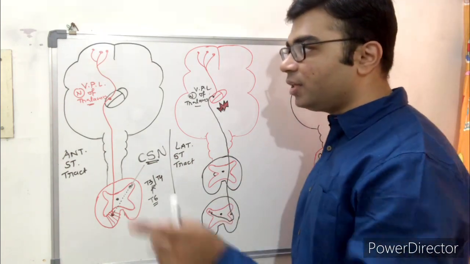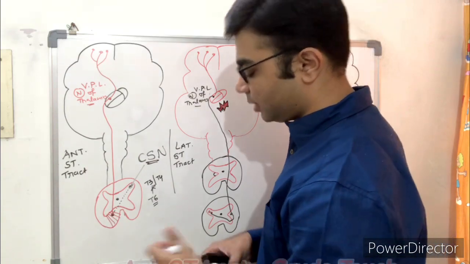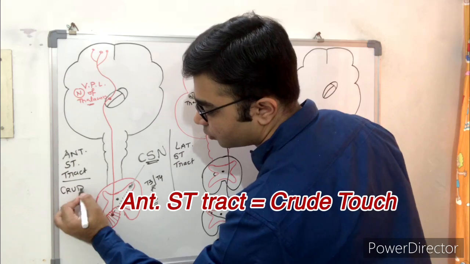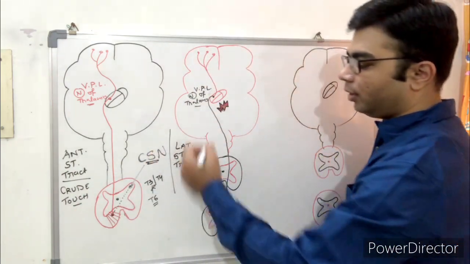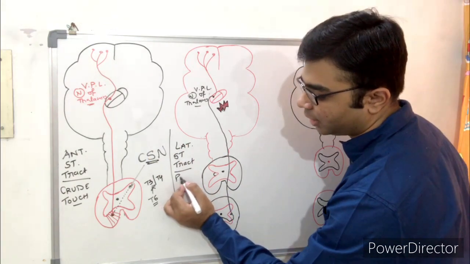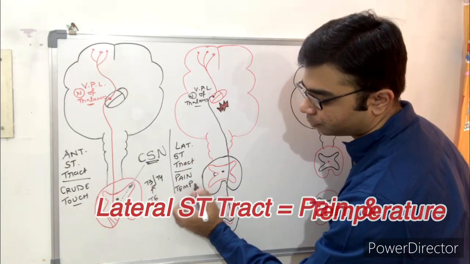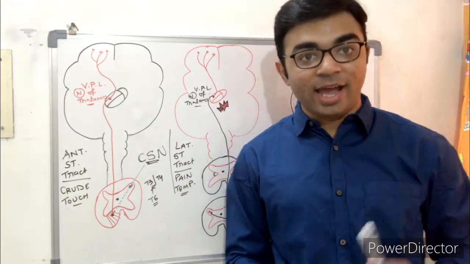But the sensation carried by the anterior spinothalamic tract is crude touch, and for the lateral spinothalamic tract, the sensation is pain and temperature. That is carried by the lateral spinothalamic tract. Now comes